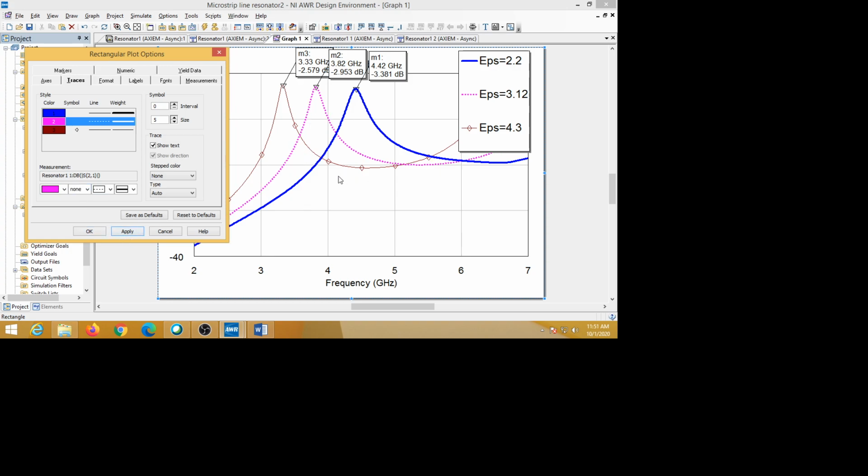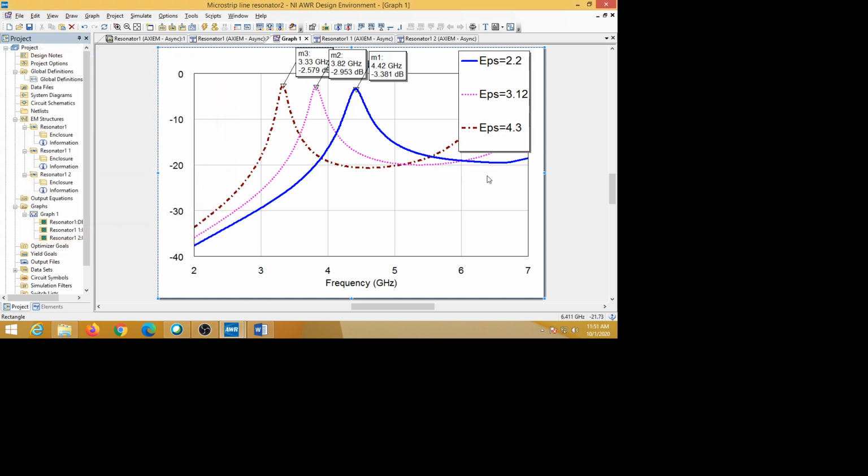Then the bullets are removed. Similarly, I am changing the thickness of the third one here, and apply. You can change the style to dot and dash, and for bullets I am using none, so apply. So it came like this, and all the three are there and you can compare here.